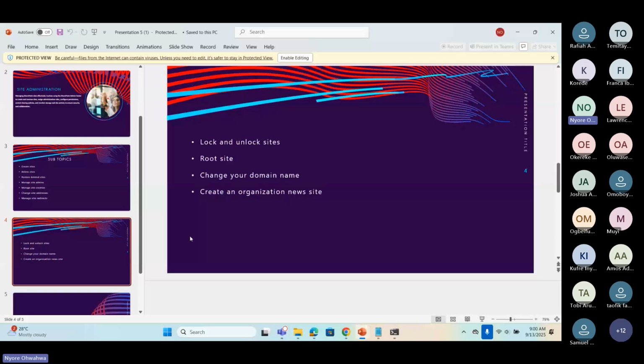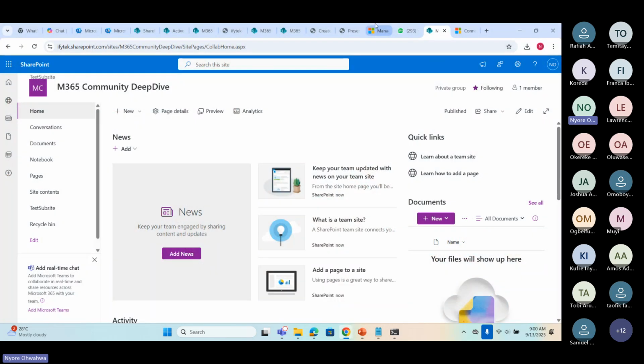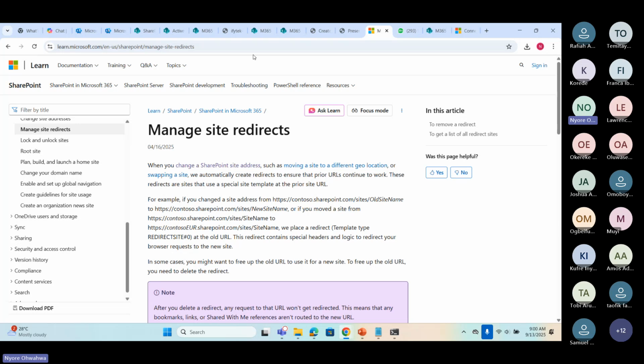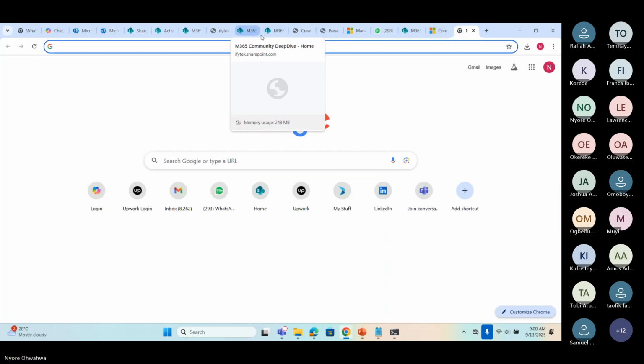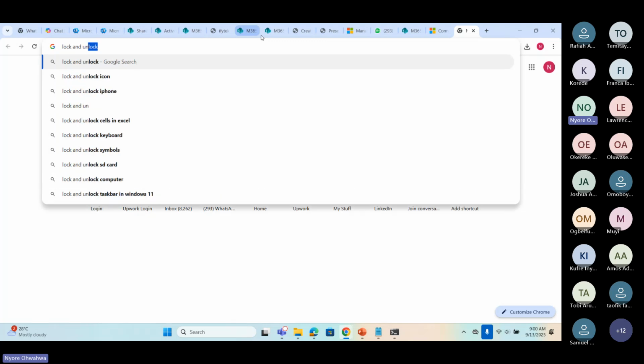So I'm going to go to lock and unlock sites. I'm just going to do something to show you lock and unlock SharePoint sites.